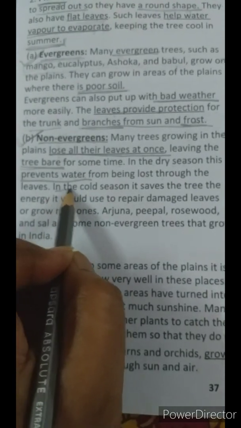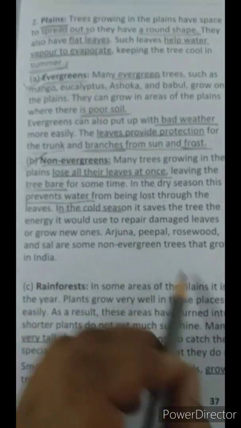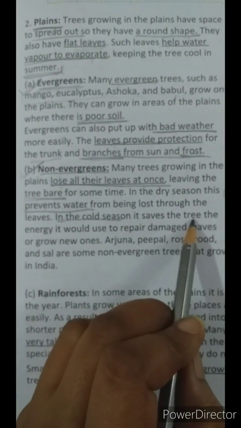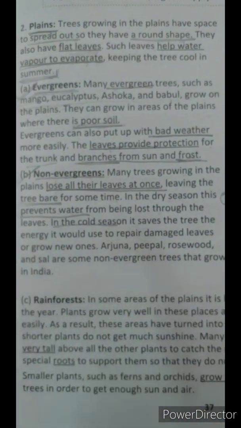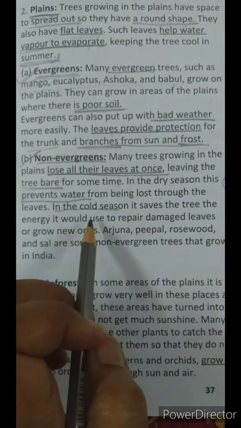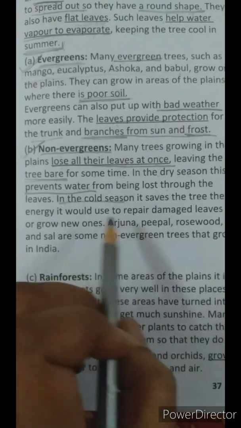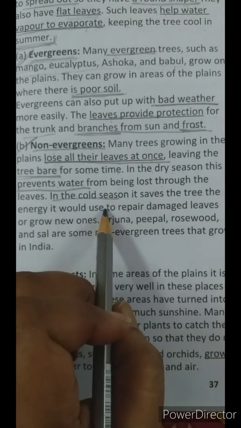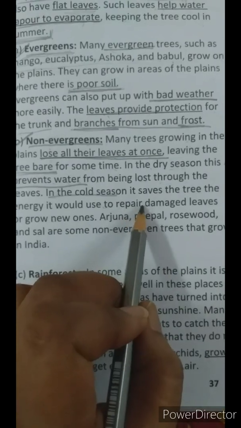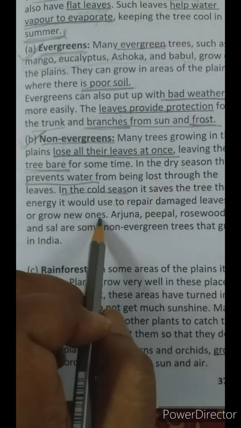Okay, and what happens in the cold season? It saves the tree the energy it would use to repair damaged leaves or grow new ones. Trees are in a process all the time of repairing damaged leaves and growing new ones.